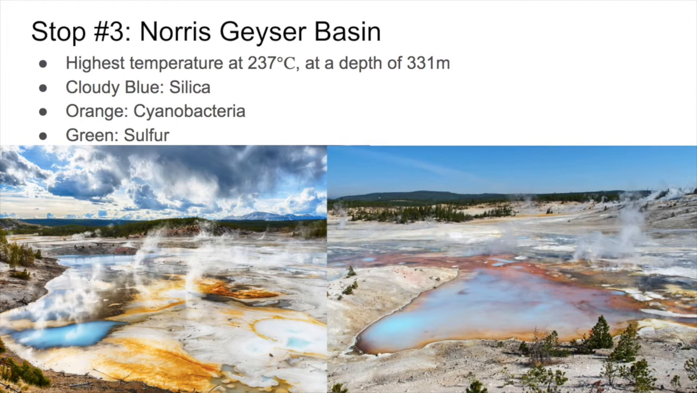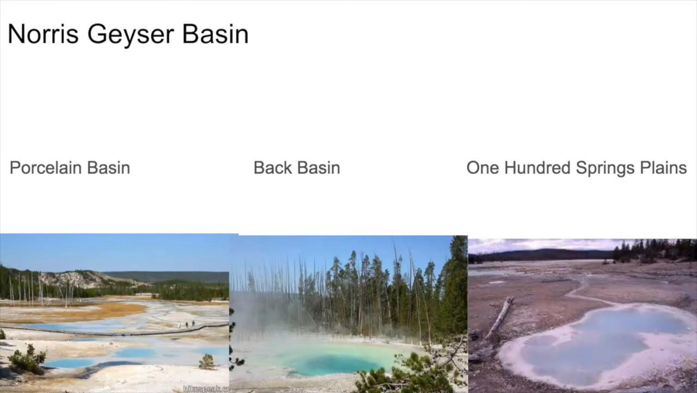Due to the hot water dissolving the silica, parts of the basin will have a more cloudy blue coloring than other geothermal areas. In other parts, an orangish color is present with the help of cyanobacteria. Other areas are green, which comes from the yellow color of the pool lined in sulfur along with the blue light refracted. The Norris Geyser Basin is made up of 3 parts: the Porcelain Basin, the Back Basin, and the